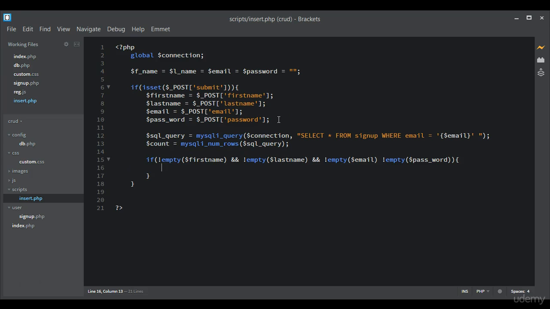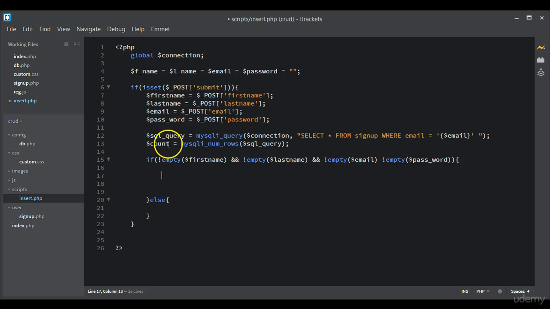This first check that we did is to make sure that the input fields are not empty. Here we can just use an else statement. Then we'll put in the code later. So we just check that the input fields are not empty. That is the first condition. Then the next condition we're going to add is